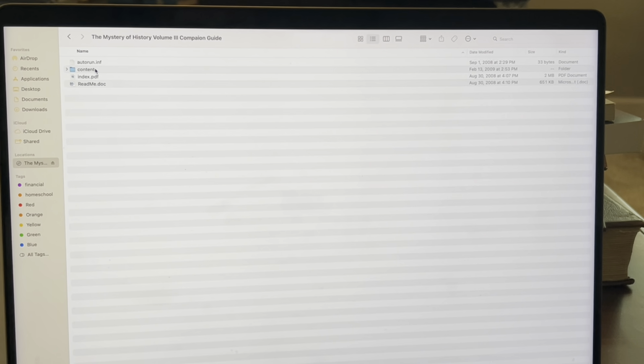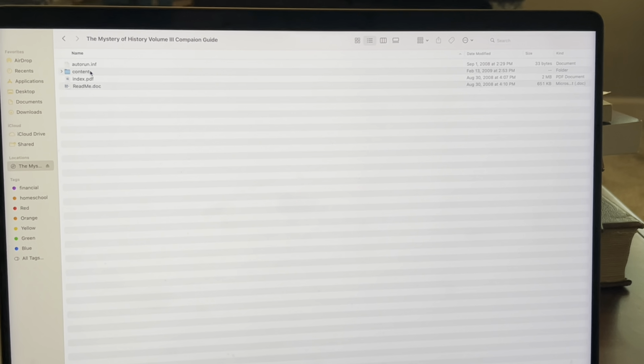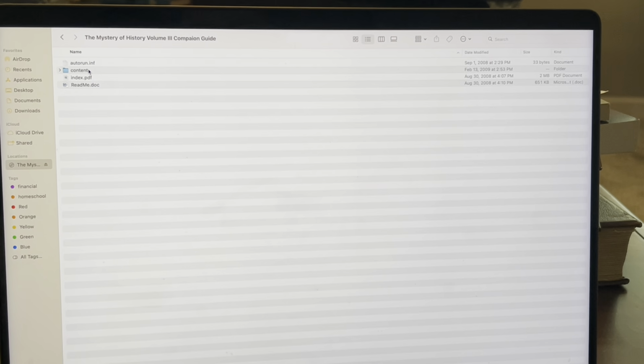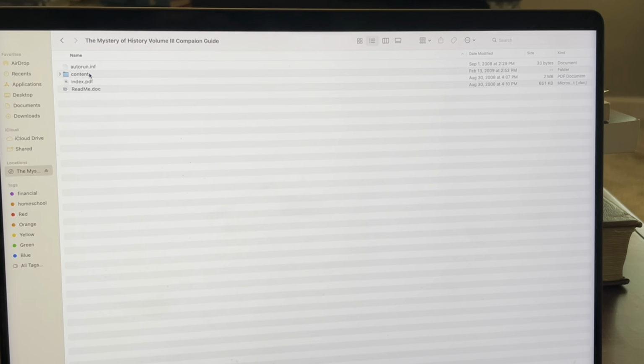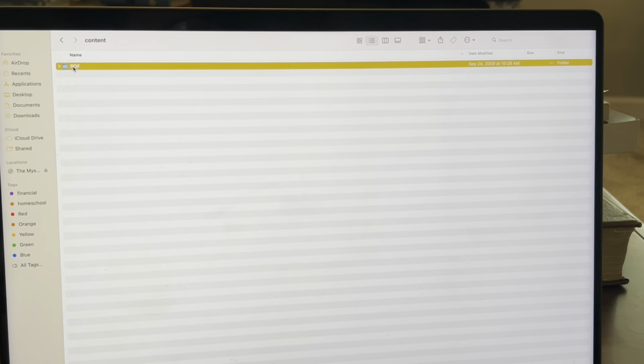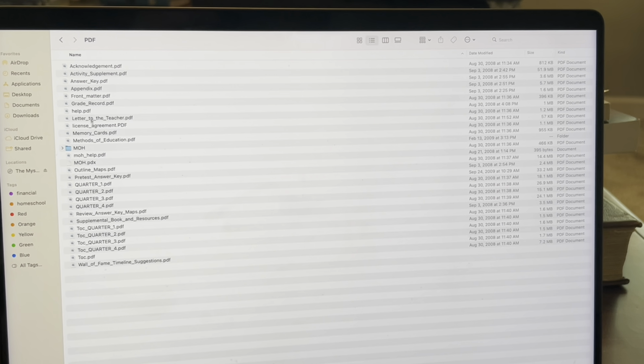So I'm going to show you the files that I use from the Mystery of History Companion Guide. I have an older copy, so it's actually on a disc, but this is the same thing that you can download from Mystery of History. Since my children are older, they're 12 and 15, I'm going to show you the things that we use for their history notebooks. So I'm going to open up the PDF files, and the first thing that we open is